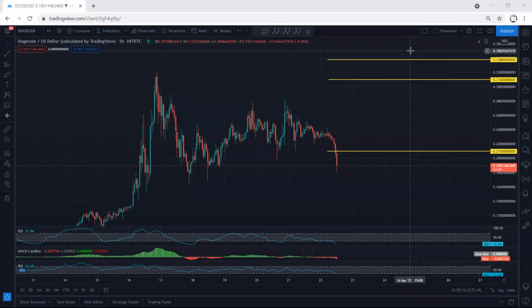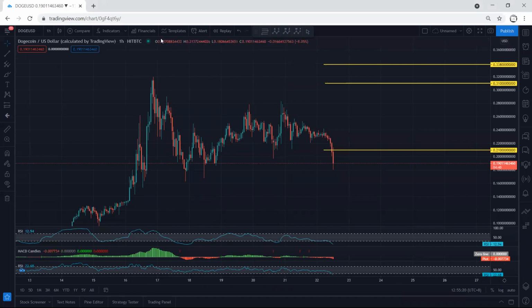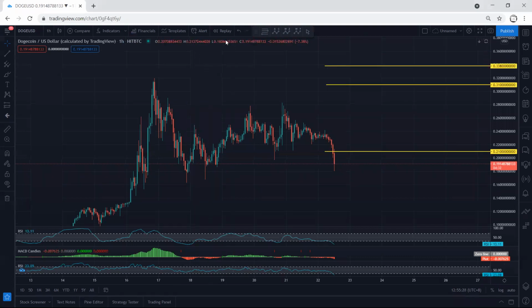We start with the 1 hour chart. Okay, first we analyze the chart based on HitBTC, because as we can see, HitBTC and Binance have different prices. First of all, if we refer to our analysis in my last video, when the price was within this